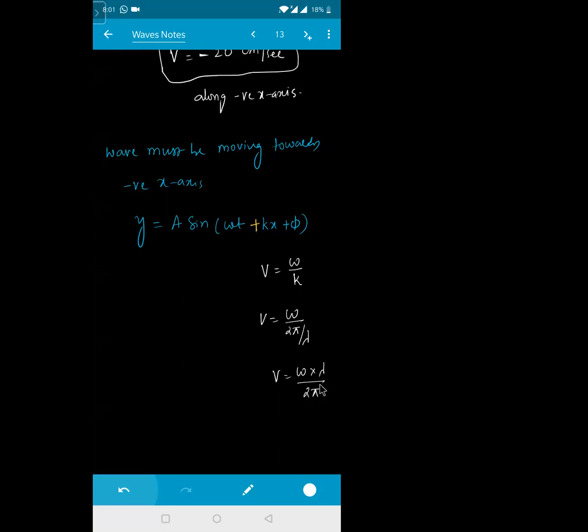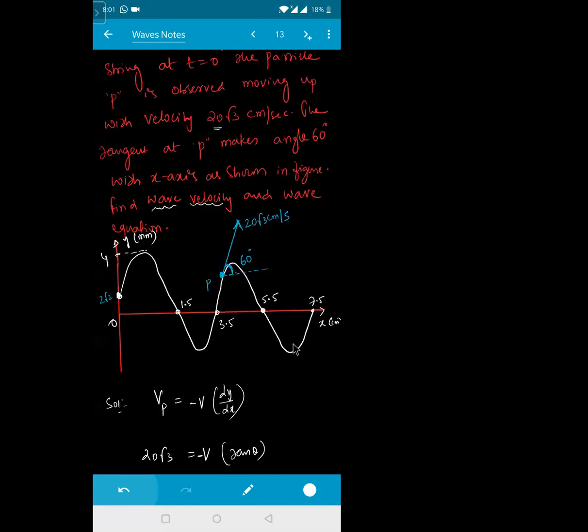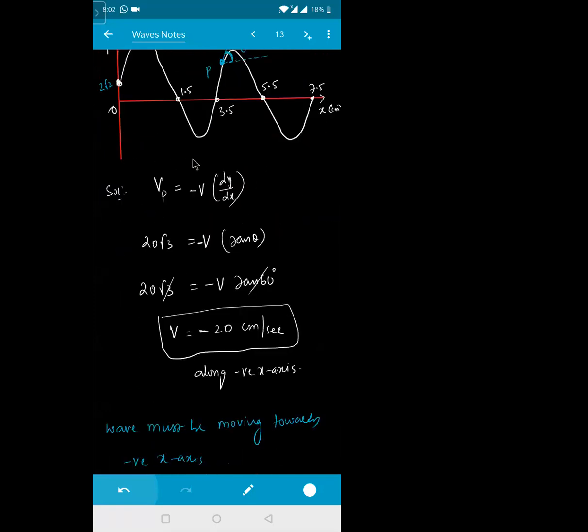Can anyone tell me? See the figure. What is the wavelength? I told you, one complete wave, no? One complete wave means from here to here. 4, sir. See, if it had started from the origin, then the wavelength might have been 3.5, isn't it? But it is not starting from the origin. You should have that clear in your mind. So what is the wavelength? 4, sir. Very good. Got it, everyone?